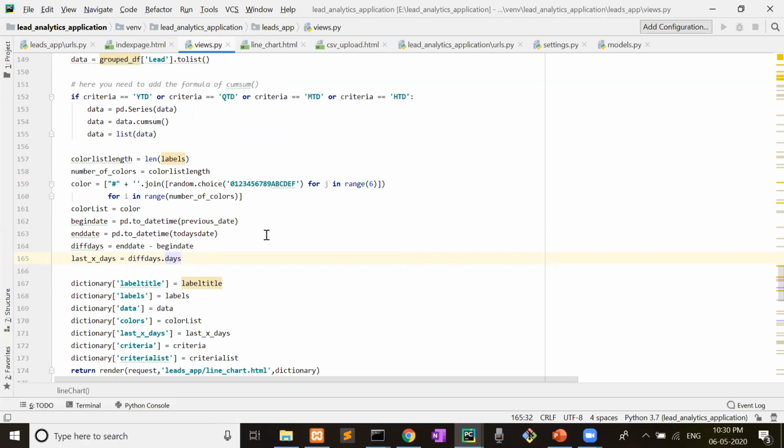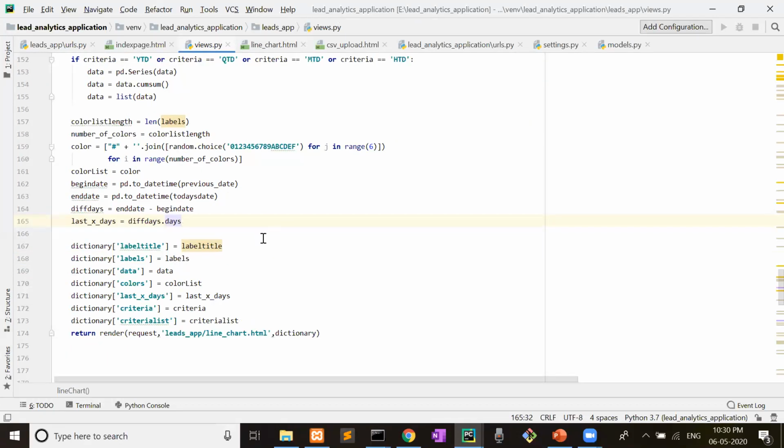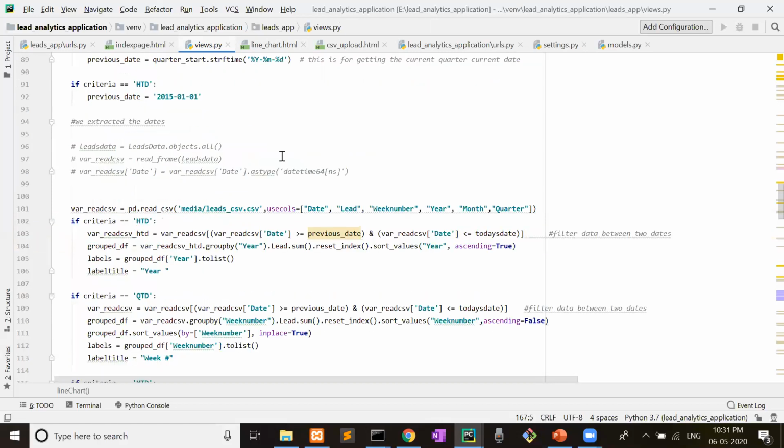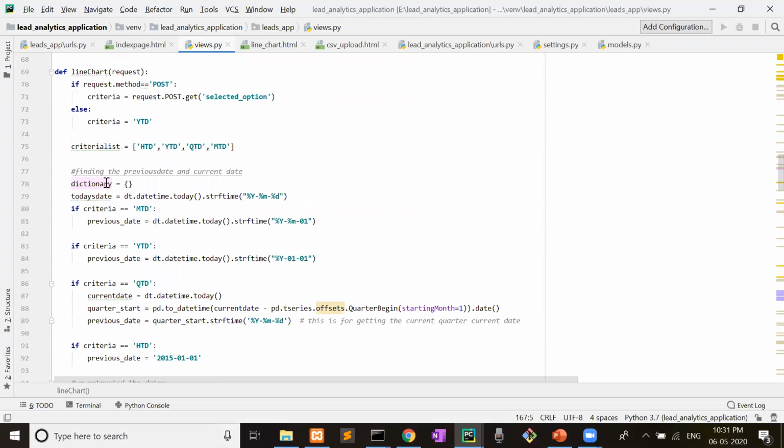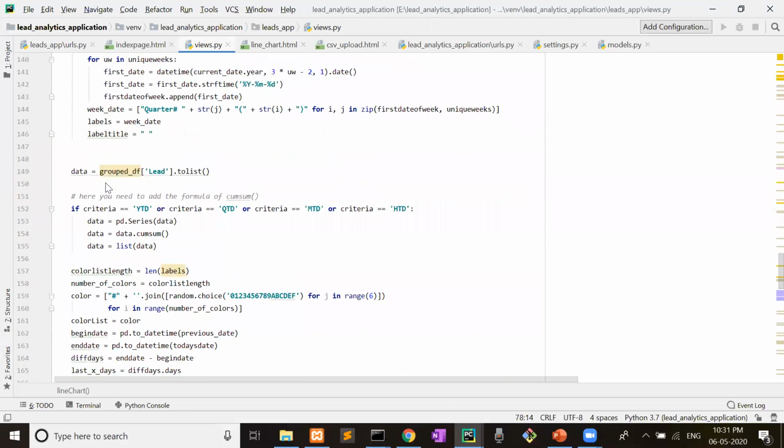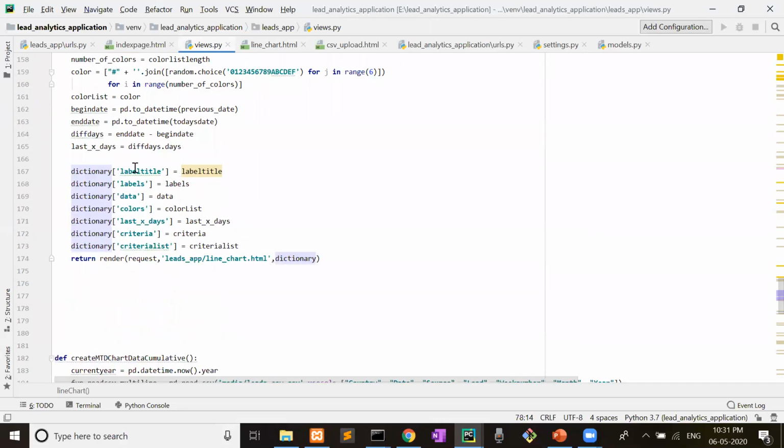Now after getting all this filtered data, we will create a dictionary. At the beginning we have already created a dictionary. Now in this dictionary we fill the data: label title, labels, data, colors, criteria, last X days, and criteria list, and we pass it through the dictionary.